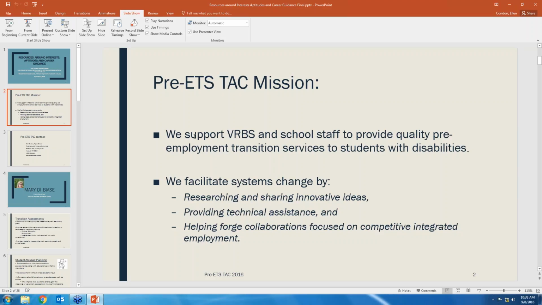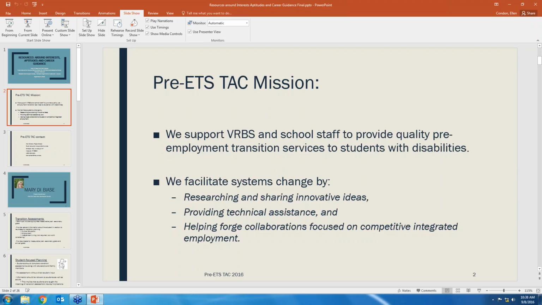So basically what PREETS is about is looking at working with students with disabilities in the schools much earlier and collaboratively between schools and Voc Rehab to make sure all students with disabilities, regardless of kids with real significant disabilities to kids who may have a 504 plan or kids who may not even have a formal plan and do have a disability. But basically we work earlier and collaboratively to ensure that people are college and career ready by